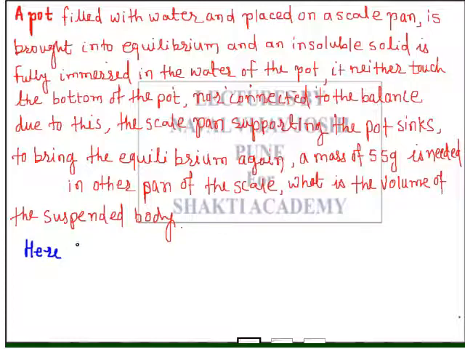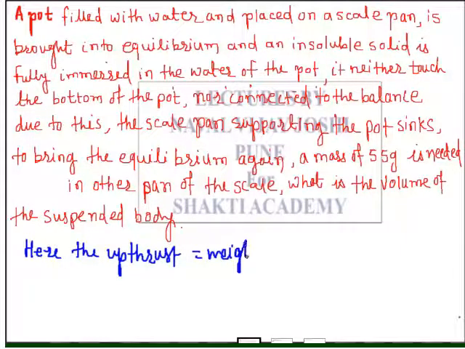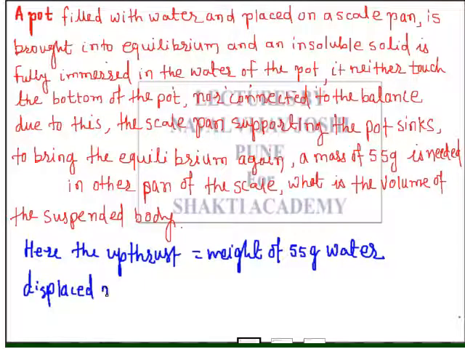here the upthrust is equal to the weight of 55 gram water. Understood? That means displaced mass of water